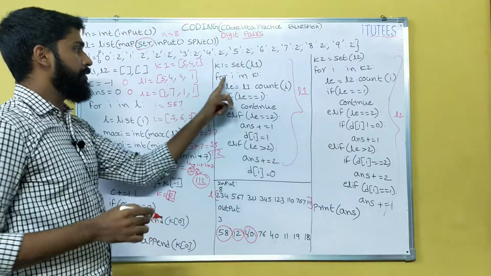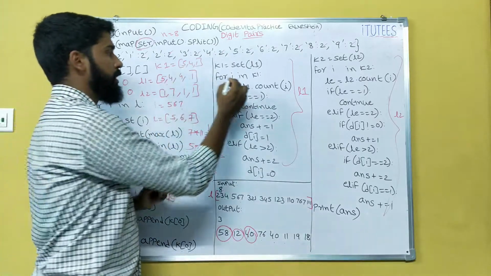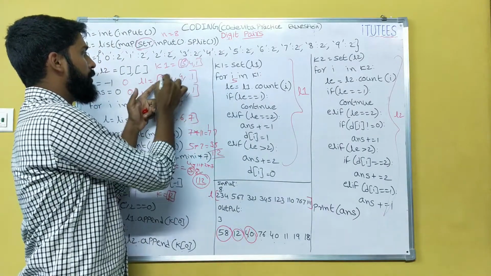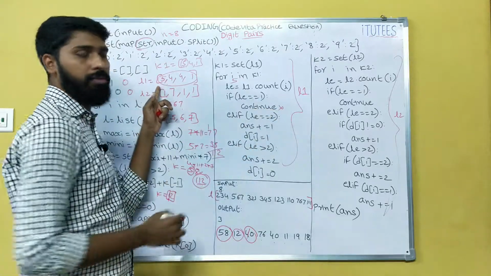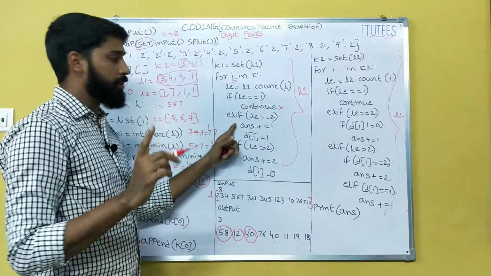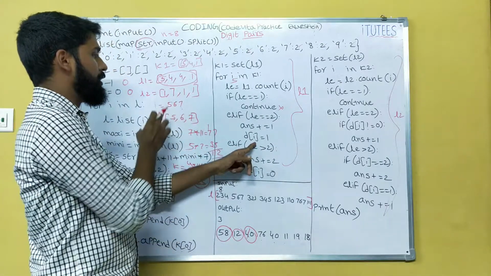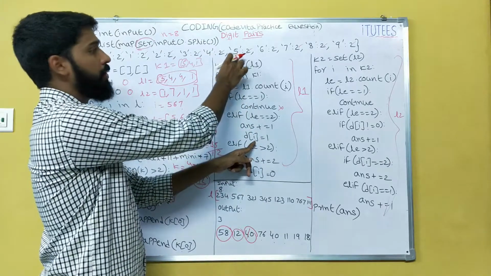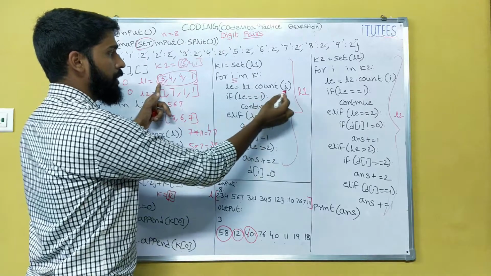Now I am taking the 5. For I in K1, what is the K? 5, 4, 1. What does I mean? It is 5. Now I can count this 5. How many 5s are in this L1? If there is 1, we don't do anything. Continue. If there is another 5, then 1 pair, so answer is incremented by 1, and I can initialize this. So for example, d of 5 becomes 1. We discussed that. So for 5, what is the count here? The count equals 1.